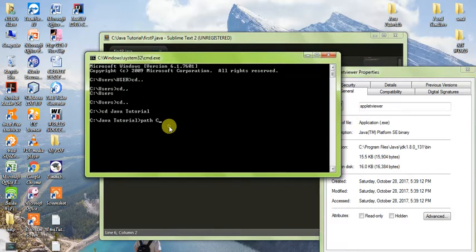So just press C drive, program files, Java, JDK 1.8.0 underscore 131 slash bin. So just press enter. After that, just type Java